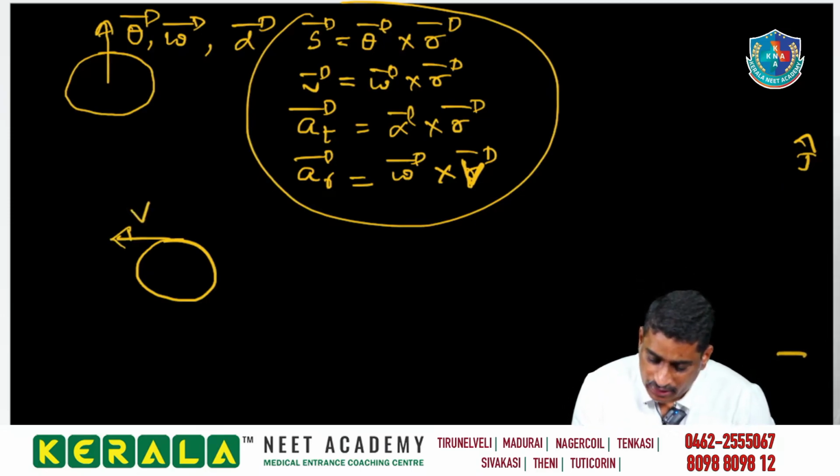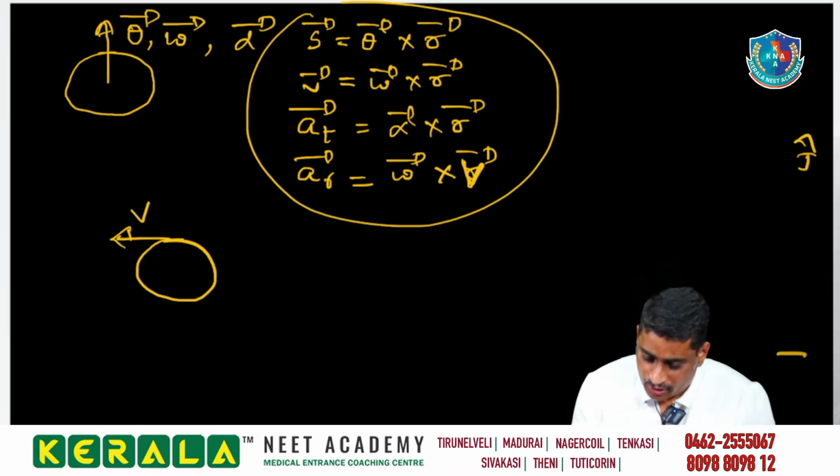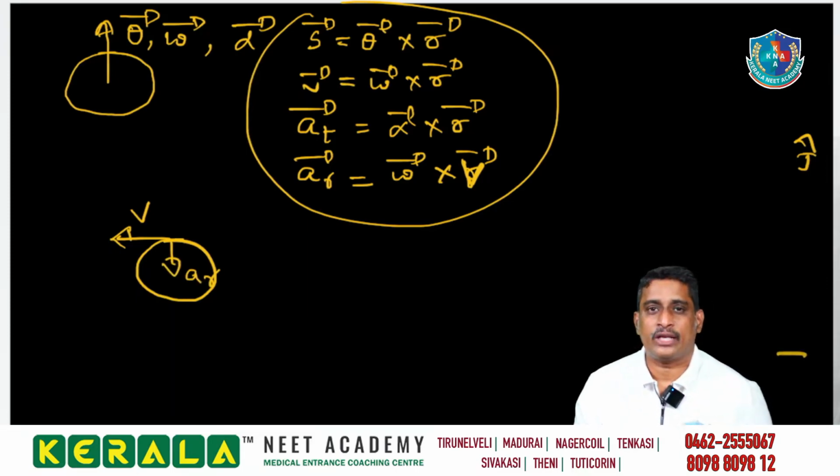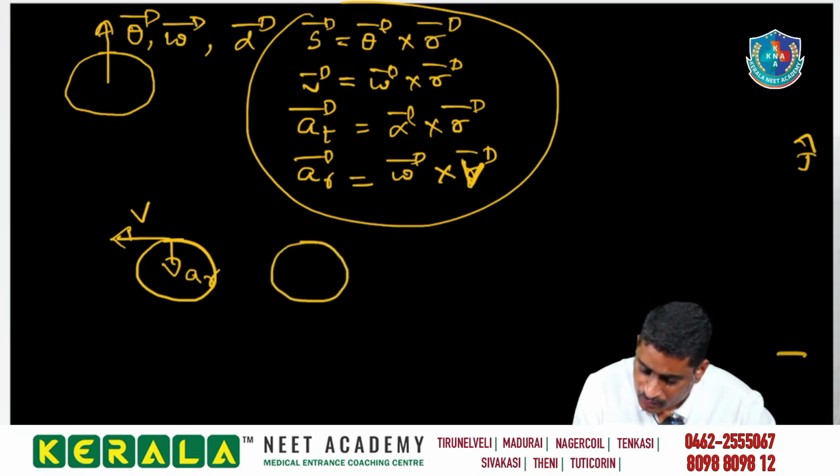So if you consider uniform circular motion, the speed of the particle remains constant. Only direction of velocity is changing. To change the direction of velocity, one acceleration is required, which is nothing but centripetal acceleration. It's a very simple point. If you come to the case of non-uniform circular motion,